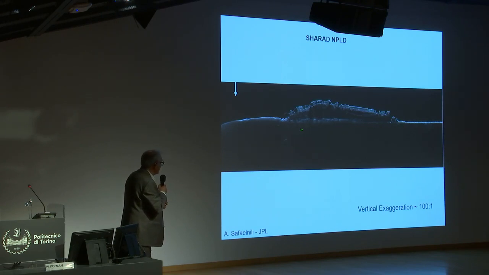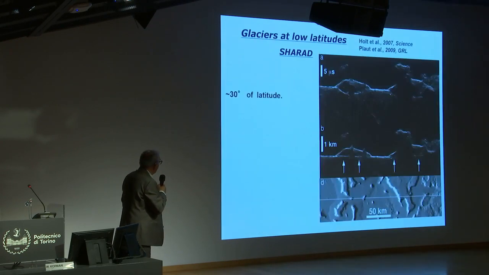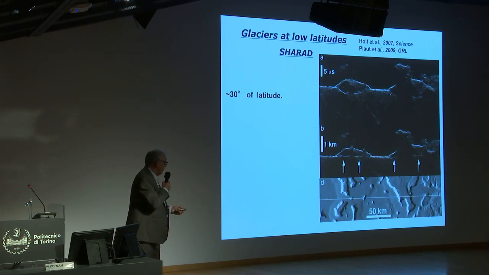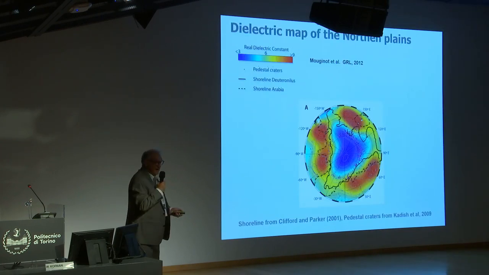You don't see the bottom here. You see the structures very well because we have much better resolution, but you cannot penetrate to the water. Then this year, that's the glaciers, as we are talking about the water which we observe in the mid-latitude. You see here, this is the surface, and here is in fact the ice water, which means that we have plenty of ice water on the North and South Pole, and